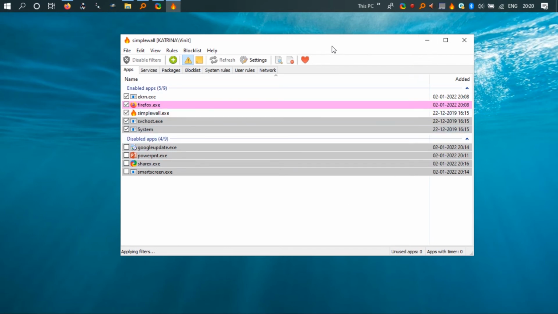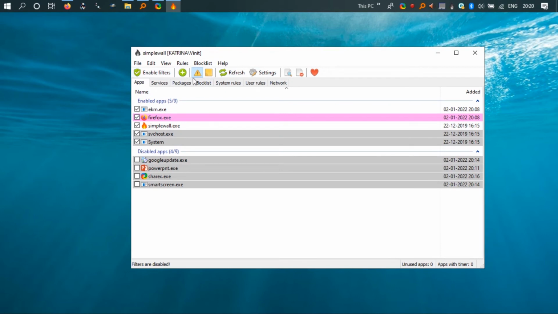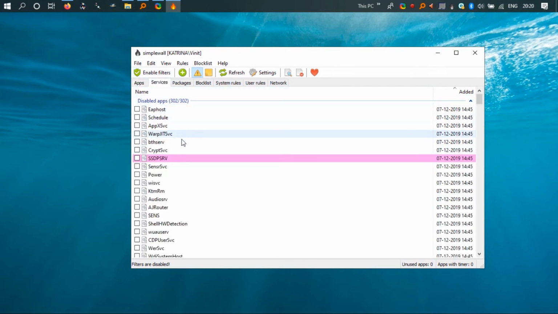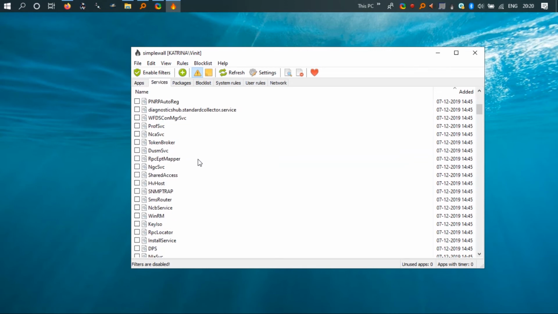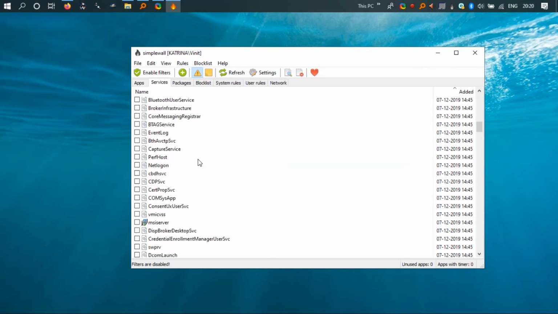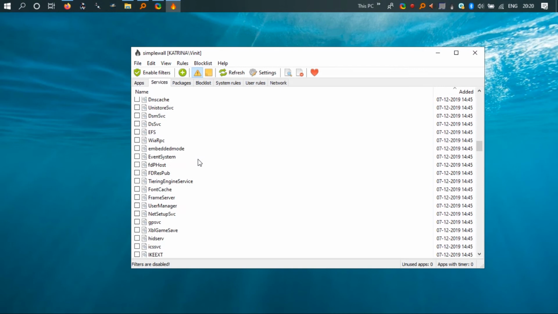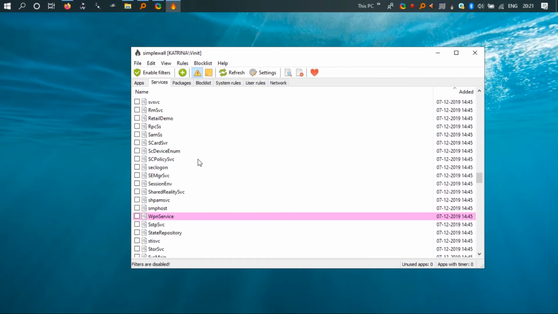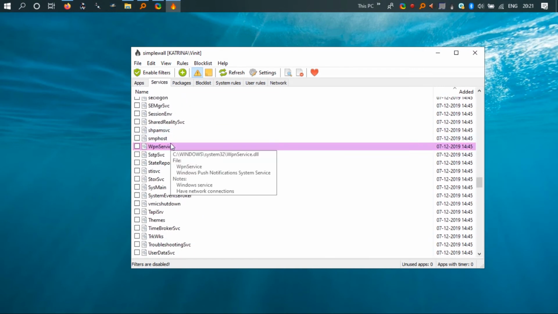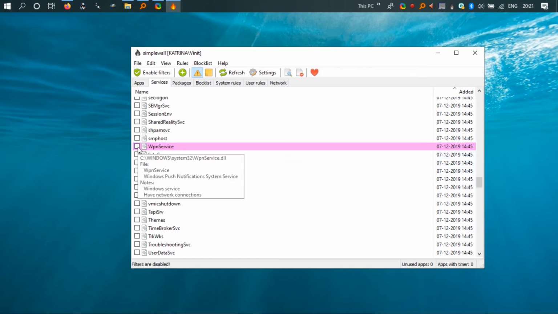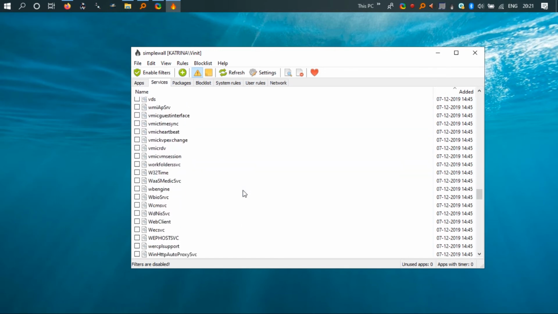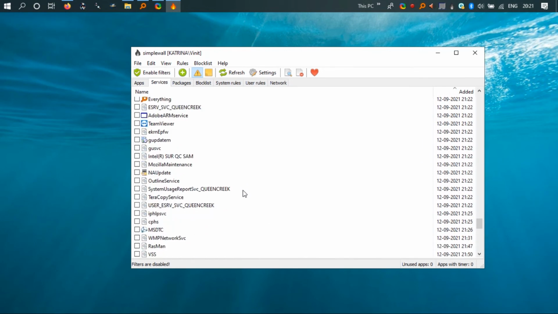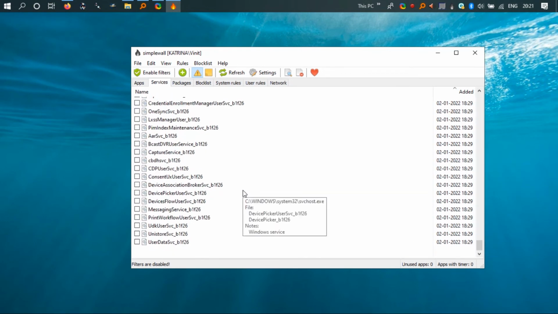With this feature, you can even block services. You can see all these services are using the internet. They are allowed to use the internet. All these are Windows services. This service is having internet access, WPN service. It is some push notification system service which is currently connected to the internet. If I click it, it will get blocked. All these services can connect to the internet and you can block them from there.